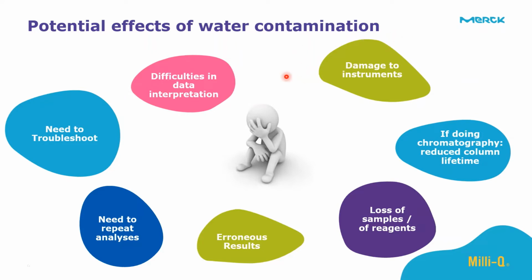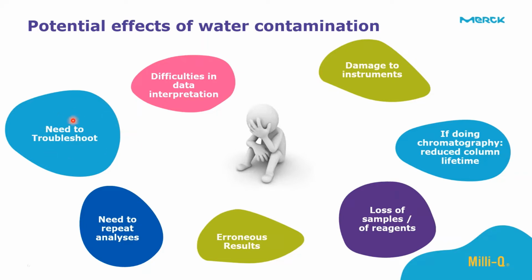So these are the effects of water contamination. Of course, the very first one and the glaring one is the erroneous results. You're not able to get accurate and reliable results. The desired results, you'll not get them if you have contamination in water. Of course, when you have erroneous results, you will need to repeat the analysis. And when you repeat the analysis, you lose on time, you lose on money because you're using extra reagents. And of course, there is loss of business in case it's a testing lab, and there is a lot of downtime when it comes to repeating analysis.